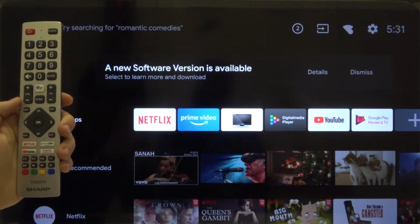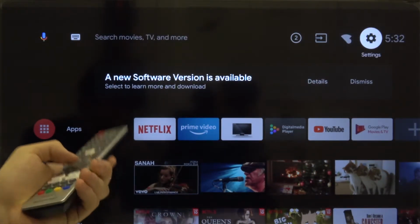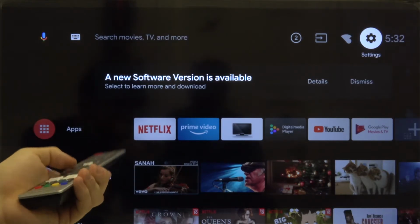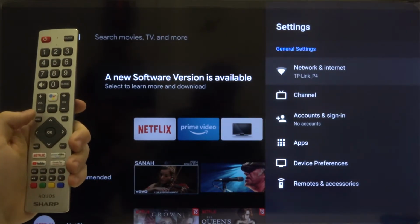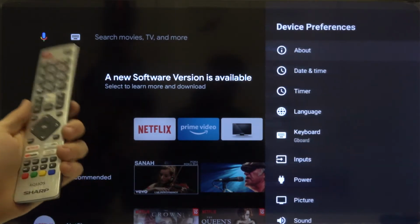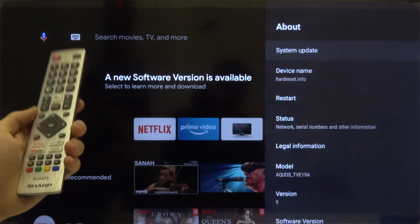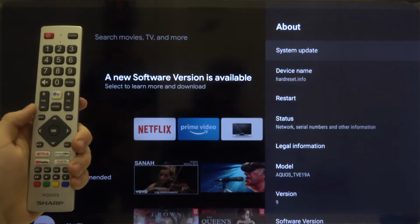So at first we have to move to the right upper corner where we can find the settings icon. You have to click OK on your remote control, then move to Device Preferences. Click OK, and right now go to the About section by clicking the OK button, and then we have to move to Status,